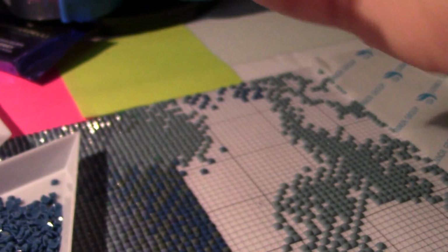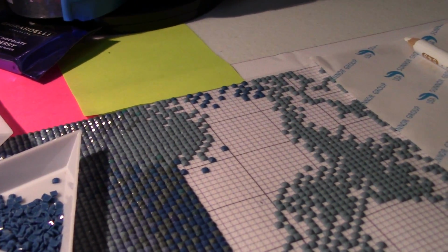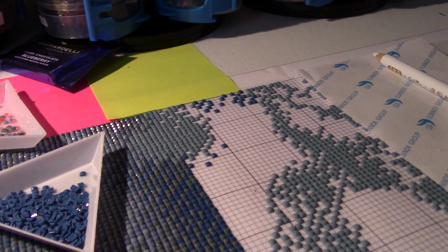Plucking this little tile off, stuck to my finger. Alright,